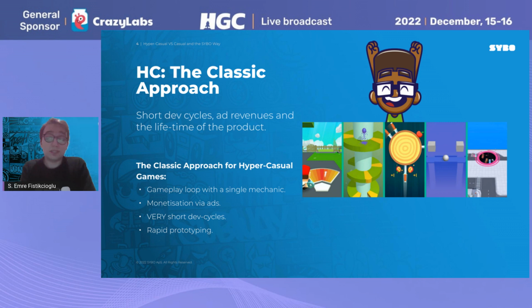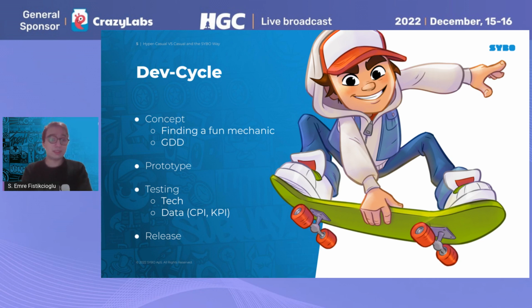And we should also mention that in this genre and in this approach, we try to push as many games in as many genres to the market to be successful and to stay alive in the market, basically, since the products are very, very short-lived. In the development cycle, first we have an idea, and this idea has to be dopamine-rich, engaging, fun, satisfying, something that can stick in the player's head for a good amount of time.